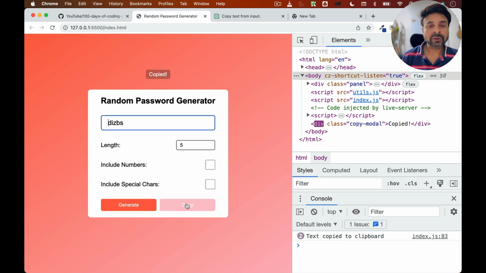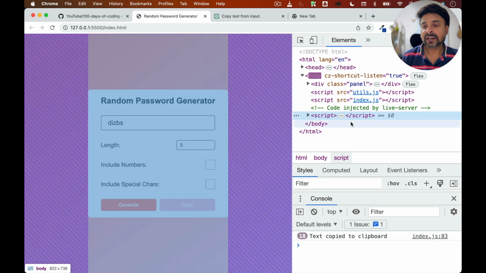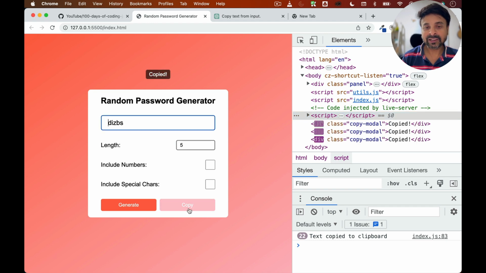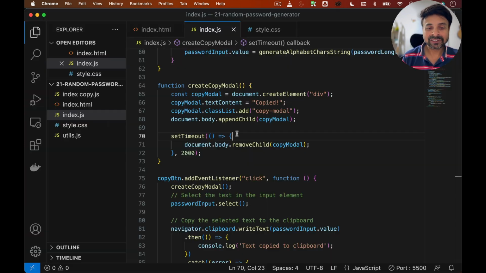I can click on copy. I can click on copy again and again and again. You see that lots of modals are getting added here. They're going, but you see that they're coming and going. So I don't want it to happen. We can keep it like that also, maybe like a feature, but I want to handle that situation,